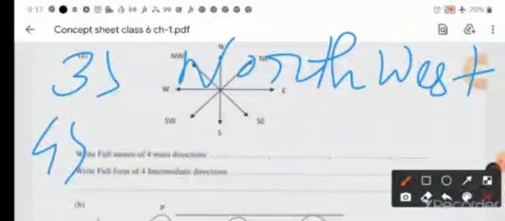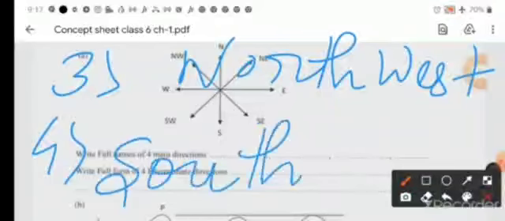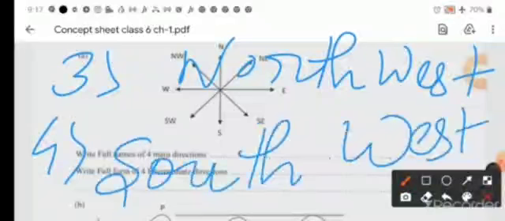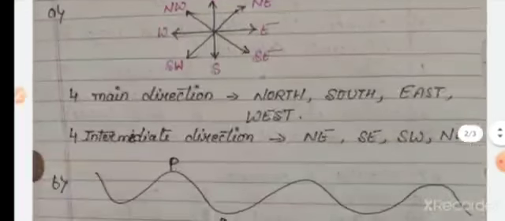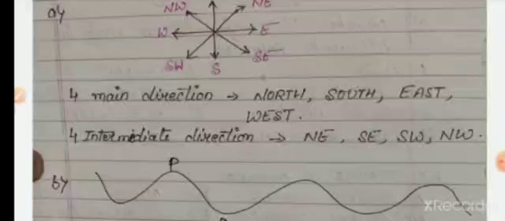And the fourth one is southwest. So this is your answer. Now you can see here, this is the solution. Here the main 4 directions are given, north, south, east, and west, and the 4 intermediate directions are northeast, southeast, southwest,